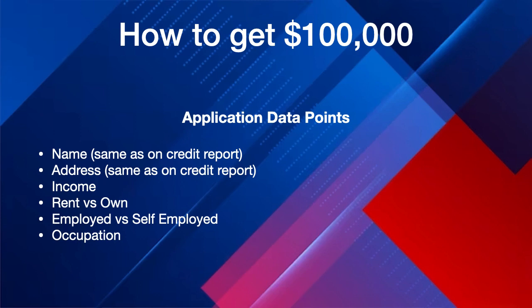Occupations, this stuff matters. Banks know the average salaries and incomes at certain educational levels, and how much money you're going to be making. So your job title matters. The job title that you have on your application matters. It shows the bank that you are making good money, that you're in some type of stable industry, or have some type of stable role or job, and they don't think you're going to be in something that's going to disappear in the next couple of months after you're approved for something.